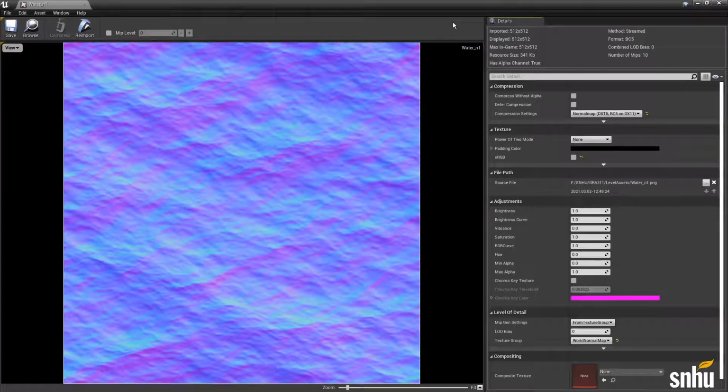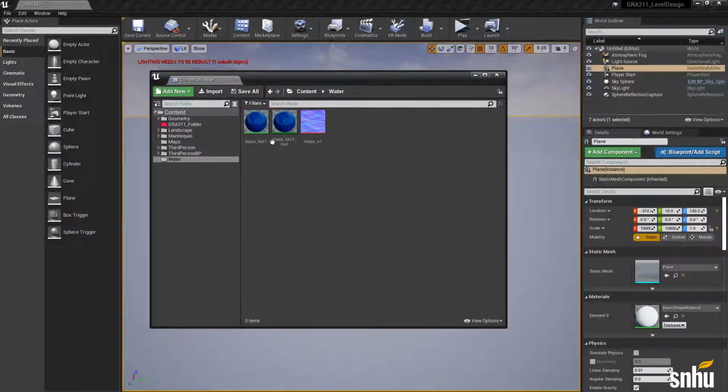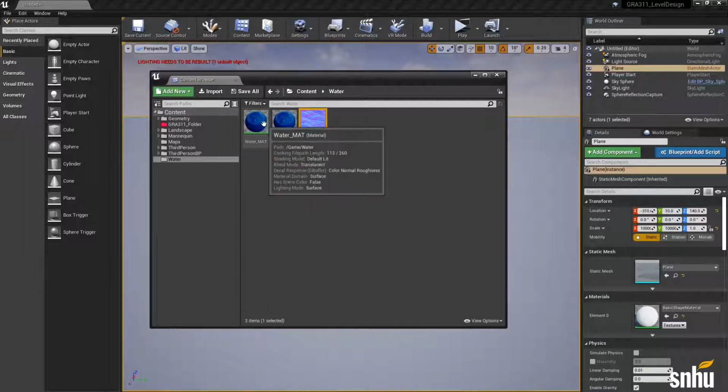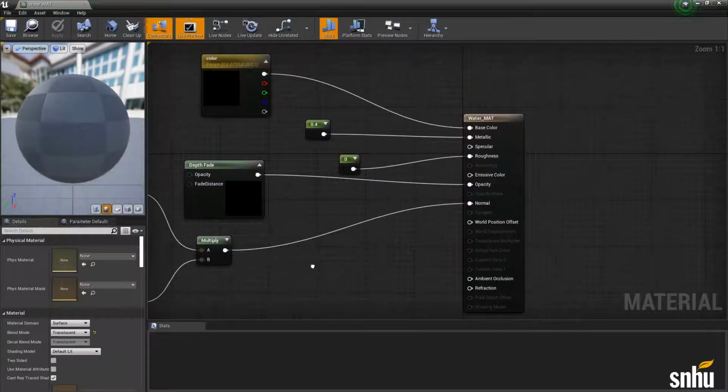A texture is something that a material, also sometimes referred to as a shader, uses to project an image of something onto another object. Okay? So in my case, I have created a material here where I'm utilizing this texture to create an effect. So let's open up my material here and we'll take a look.